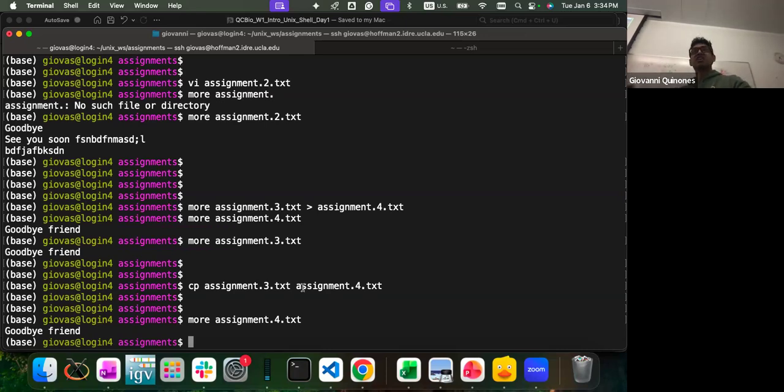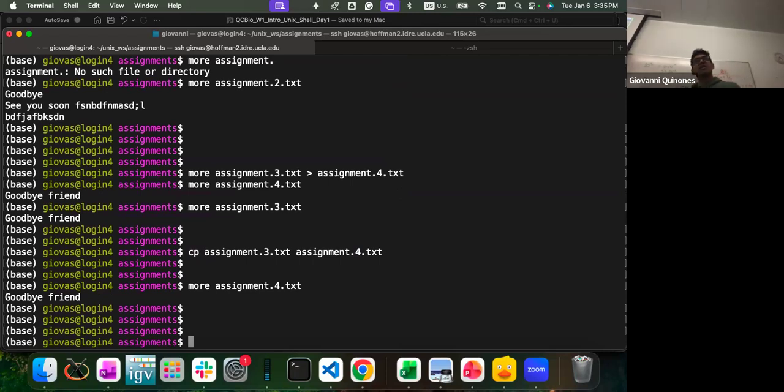So instead of generating a lot of different outputs, which is what you need, you're just overwriting the same file over and over, which is, of course, not what you want, and it's a waste of computational resources. So always be mindful of what you're redirecting your output to. In this case, the copy command is pretty straightforward. Copy source and destination. That's it. So I'm copying assignment 3 into assignment 4.